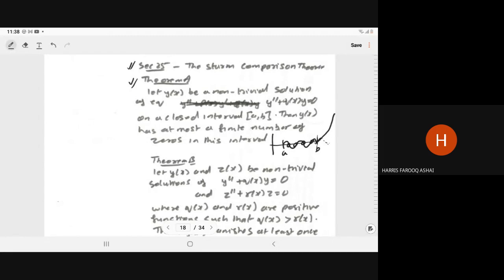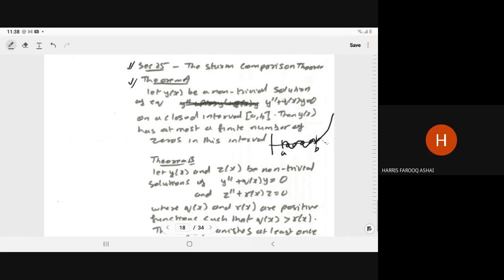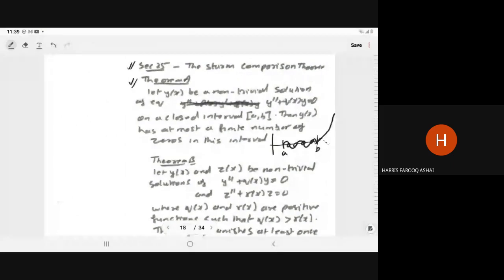Here we have not checked the nature of q. In the previous section, in theorem B, if q(x) is negative, then we have a finite number of zeros. If q(x) is positive and the integral from 1 to infinity of q(x) is infinity, then we have an infinite number of zeros. But if we have the normal form y'' plus q(x) y equals 0, then in a finite interval we always have a finite number of zeros. That is the first thing.